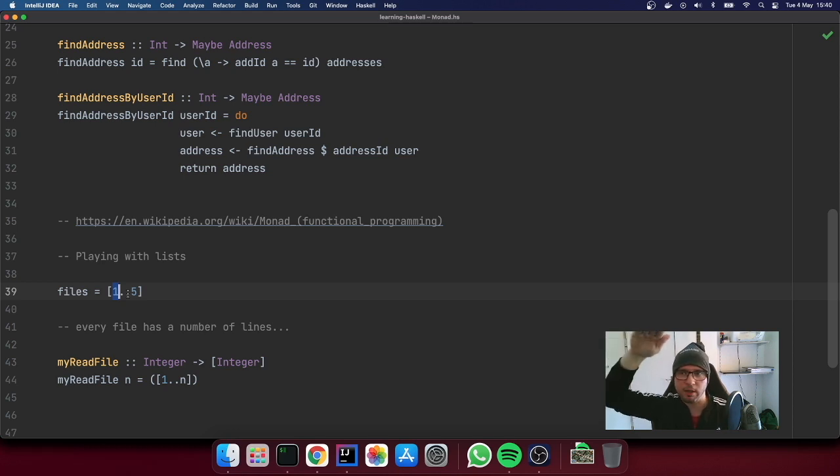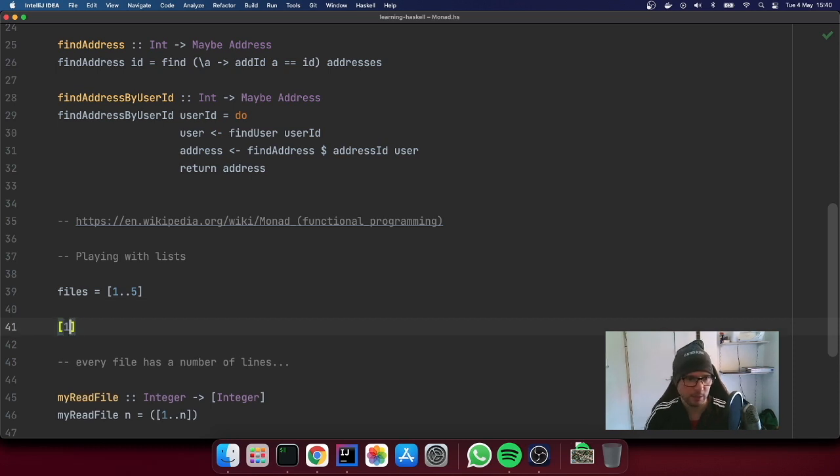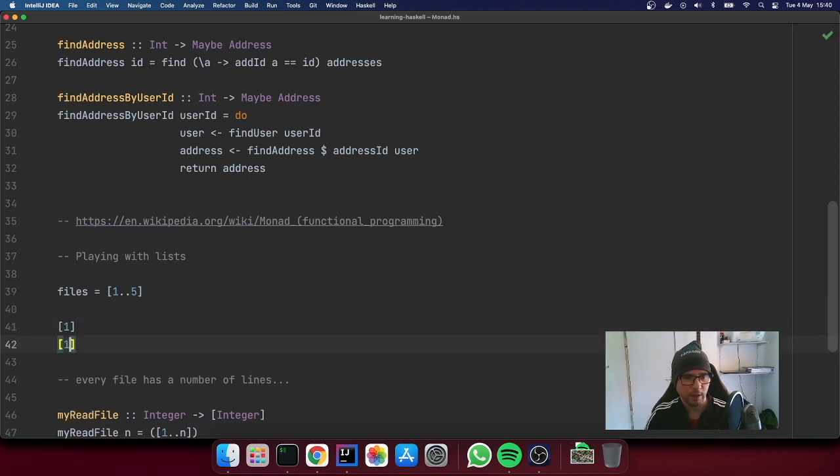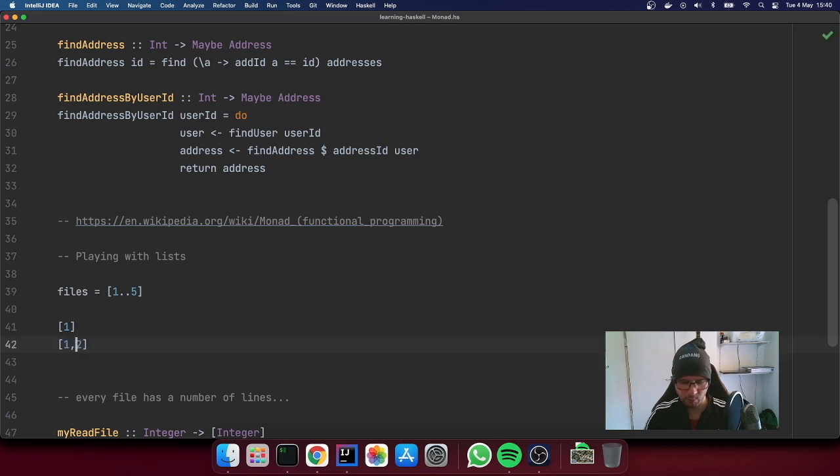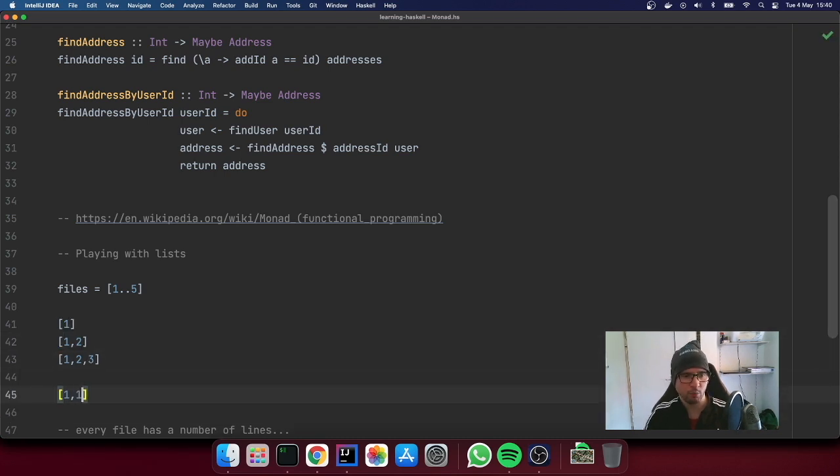So I want to read all the files, and for each file I want to list the content and put it in just one big list, right? If file 1 just has 1, and file 2 has 1, 2, and file 3 has 1, 2, 3, and so on and so forth, I want a result that is 1, then 1, 2, and then 1, 2, 3, and so on, the last one being 1, 2, 3, 4, 5, right? So it's like read all the files in order, and concatenate them in just one list, right?